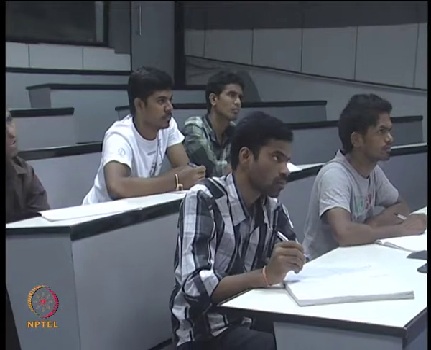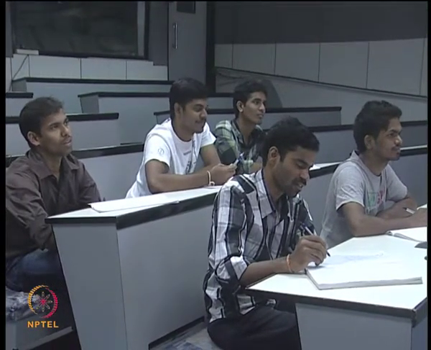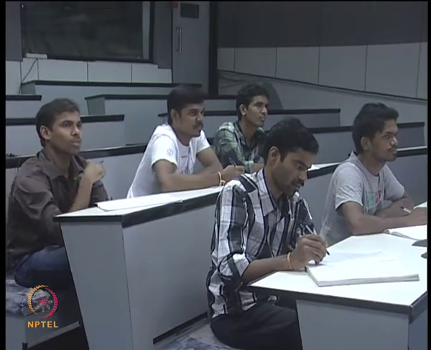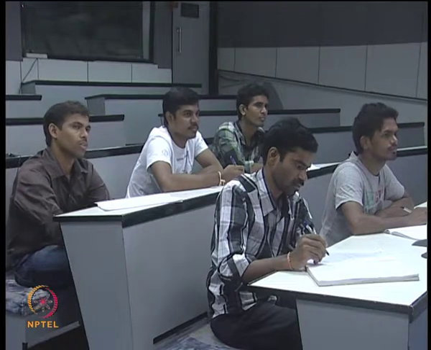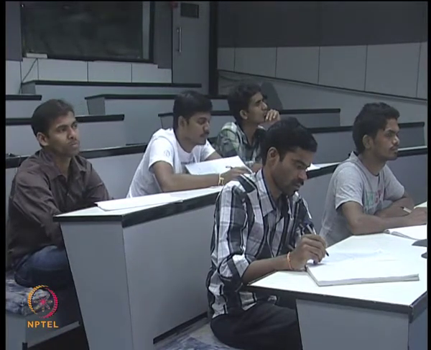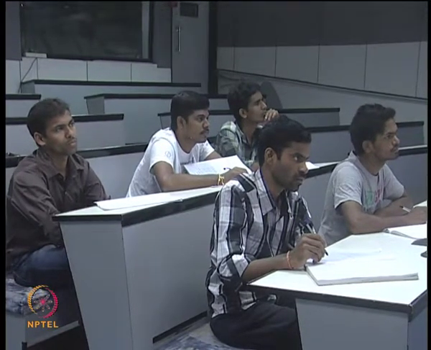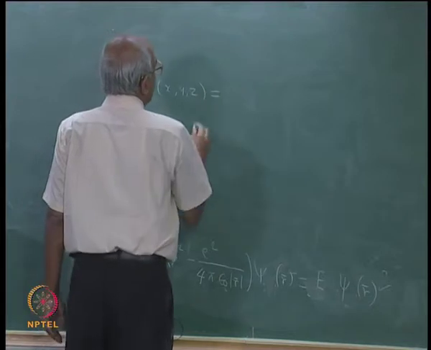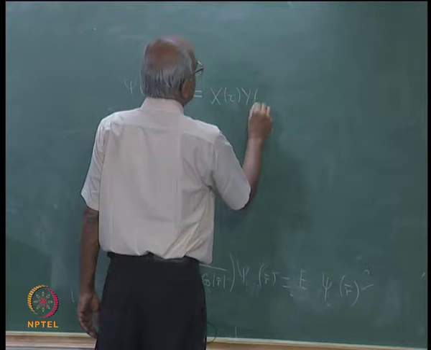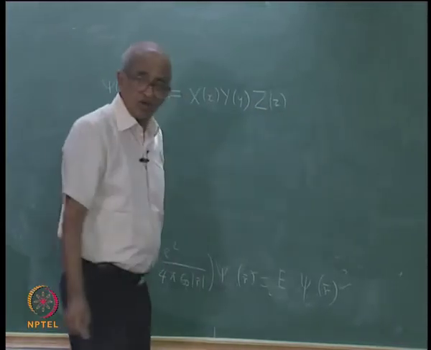You gave me that answer because you knew the answer earlier. Yeah, that is true, but suppose I did not know that. So, you see, what I would try is I would say that okay, psi is a function of 3 variables x, y and z, and it may perhaps be written as capital X into x, capital Y into y, capital Z into z. This is what you will normally try,